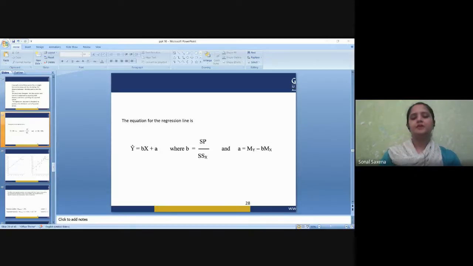So the equation is y equals b naught plus b1 into x plus epsilon, where b naught is the intercept calculated over dependent variable y, b1 is the coefficient of independent variable x, and epsilon is a random variable called the error term, and the average error is equal to 0. Hence the equation can be modified as y equals b naught plus b1 into x.